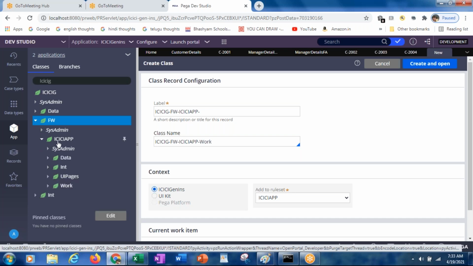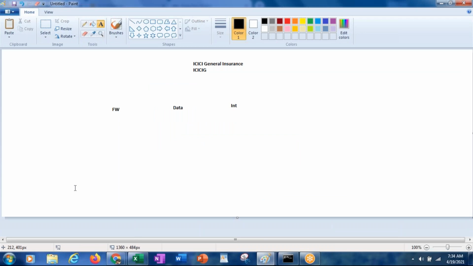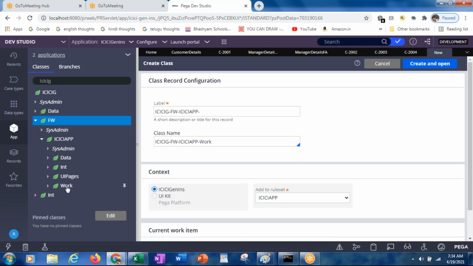ICICI app is there. Under the ICICI app, 4 more child classes are there. Okay, data, INT, UI pages, work. Okay, but generally all our work we will be creating under the work class, right? Okay, even in the database table also what we have is ICICIG, FW, ICICI app work.